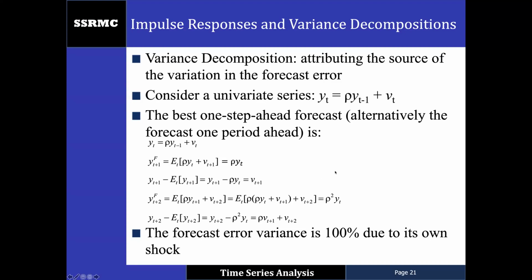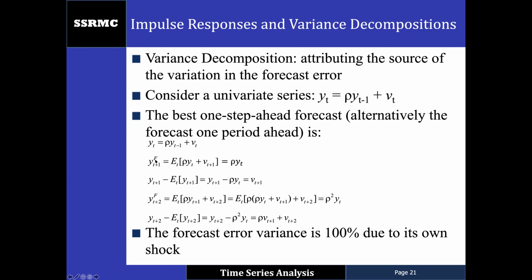Variance decomposition attributes the source of the variation in the forecast error. So we are now looking at forecast errors instead of coefficient estimates. So let's start with the univariate series again. It's a simple AR process: Yt equals rho Yt minus 1 plus vt. If that's all the information that we have, the best one step ahead forecast is to use this equation,